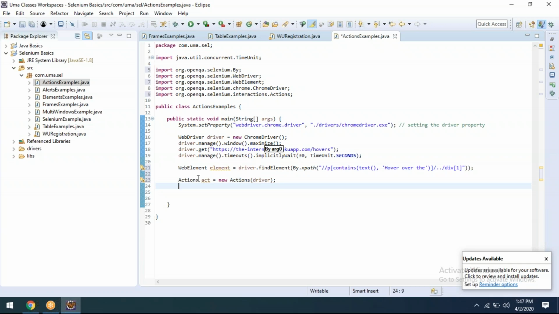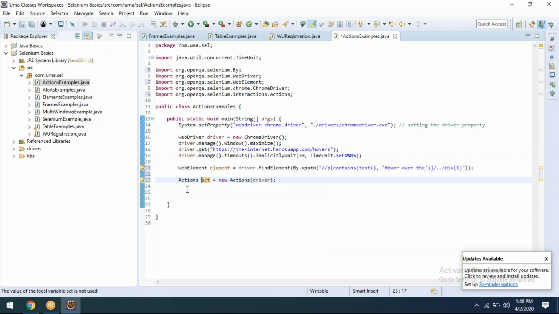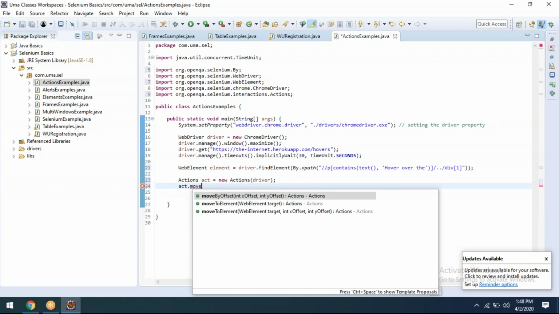Now once we got the Actions class object, we need to understand which operation we need to do on that. What is the operation we need to make on that? So what is the operation here? We need to go over, right? Over in the sense like move to element. Okay, act dot moveToElement. Getting my point? Here, inside moveToElement,